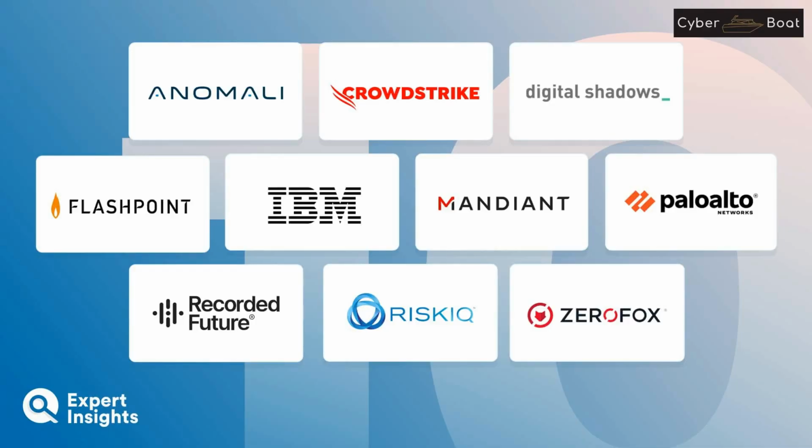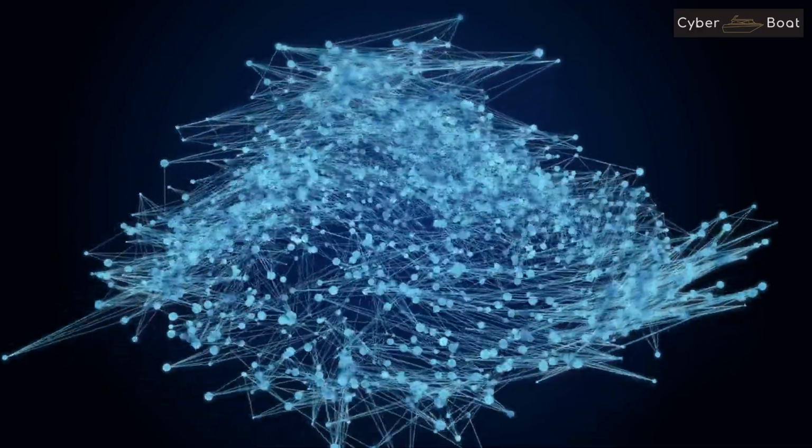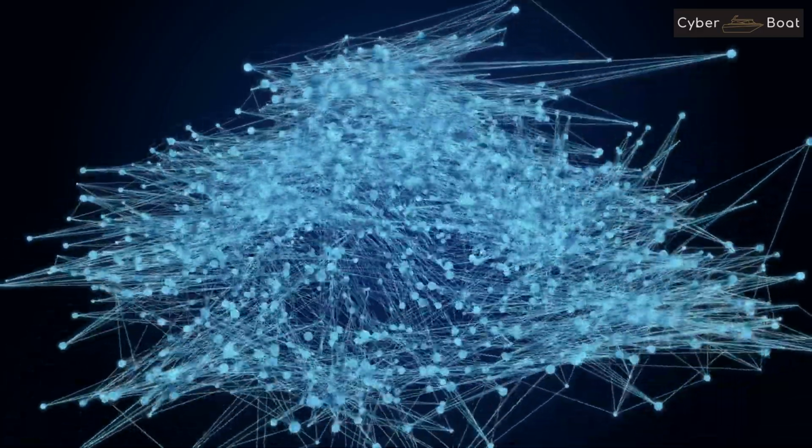One example of a tool that can be used for this purpose is a threat intelligence platform, TIP. A TIP is a software that aggregates and analyzes threat intelligence from various sources and provides actionable insights. It can also automate the process of collecting and analyzing intelligence, making it easier to identify and respond to threats